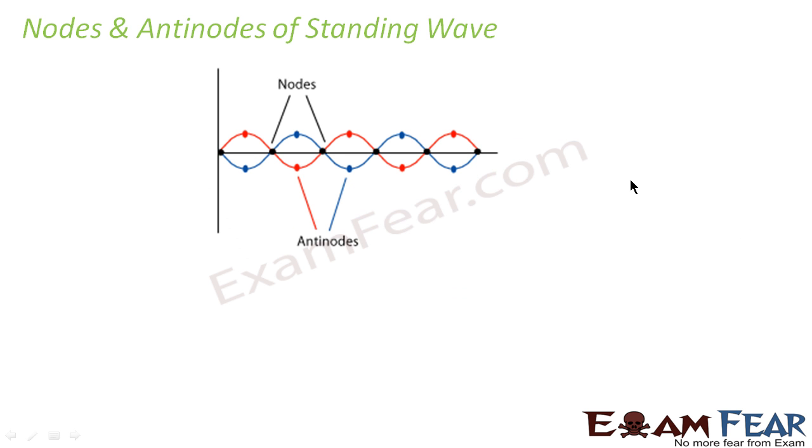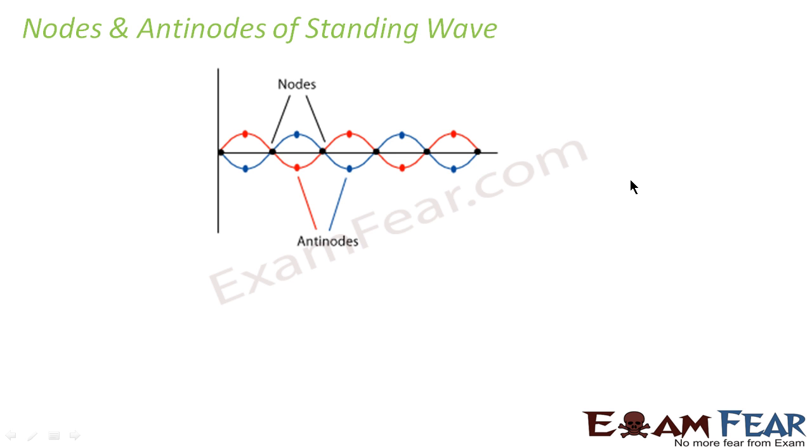So from this we observed that in case of a standing wave, the amplitude does not remain the same throughout the wave. At certain points it varies from position to position, as it is a function of x. At a certain position, the value of the amplitude is maximum, whereas at a certain position, the value of the amplitude is 0. So when we talk about a standing wave, we generally represent it in this form.